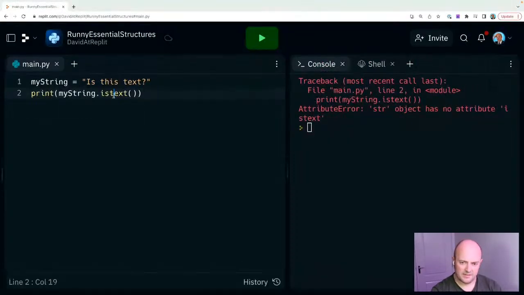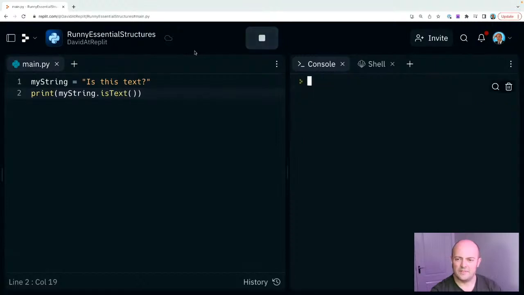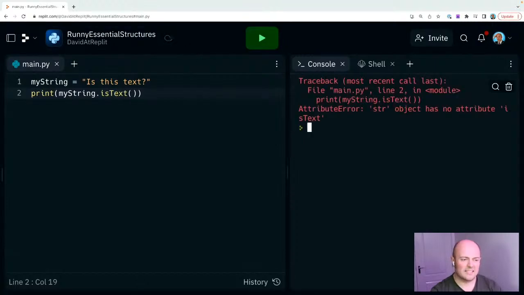Maybe it is a capital T. Maybe it's is string. Let's double check, shall we? We've got is int, we've got is bool, things like that. Python is string. Let's have a look. What was that one? And we can do it as isinstance. Yeah, I know that.